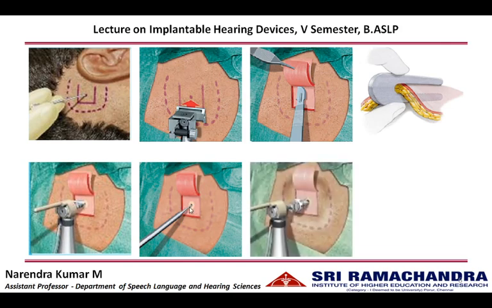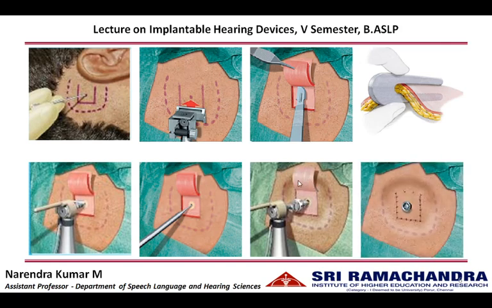Once sufficient depth is achieved, the bone conduction implant along with the abutment is inserted at the site of implantation. Then the skin is punctured at the site of the abutment so that the abutment can be exposed outside the skin. Once that is done, the skin flap is replaced and sutured at the site of implantation.